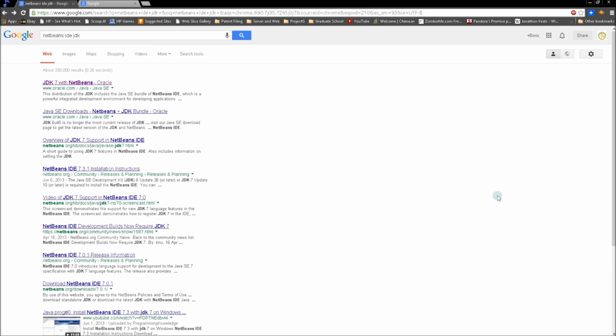For this series, I will be using Netbeans IDE, or Integrated Development Environment. We start at the very beginning, installing Netbeans. We want a JDK, a Java development kit, to go along with it because that's where all our libraries and tools will be. So Google Netbeans IDE JDK, and the first option for you should be JDK 7 with Netbeans from Oracle. Let's click on this link